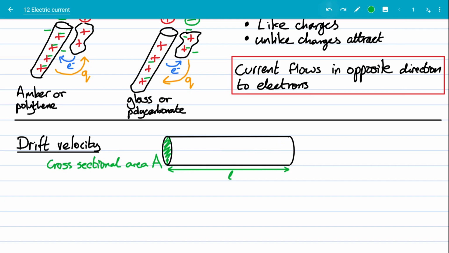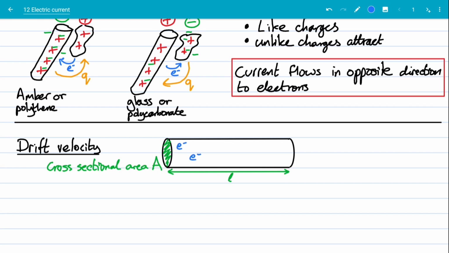I'm going to use a different color for electrons now. I'm going to use blue for electrons, because I use blue for electrons just above. So we've got loads of electrons in this wire, and they are all going to be flowing in one direction. Let's say they're all flowing to the right. So what that means is that if I sit here and I watch here, then I'll be able to count how many electrons go past me per second. Or it should be the same number as if I sit here and watch electrons go past,